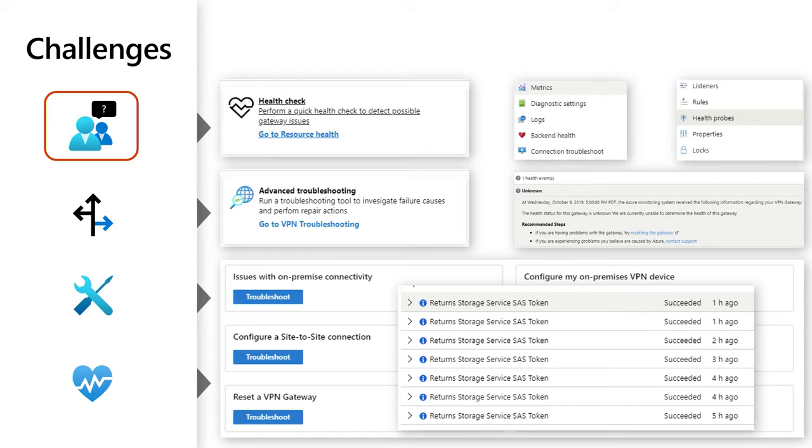Other questions: what path do I take? Of all of the troubleshooting tools that are available to me, which one should I start with? Remember, you're not able to localize the issue. Once you localize, Azure provides you with a number of tools. And finally, once you think you have fixed the issue, have you really fixed the issue? Or have you just suppressed it for the time being? How do you verify that your network is back on track?